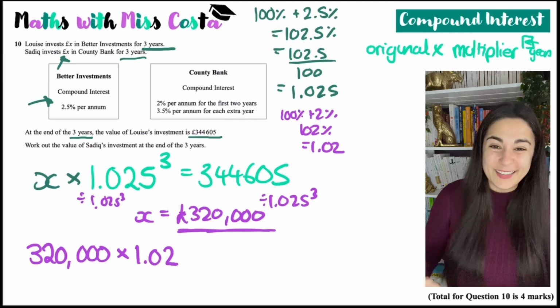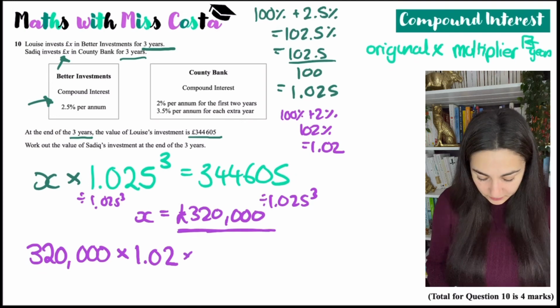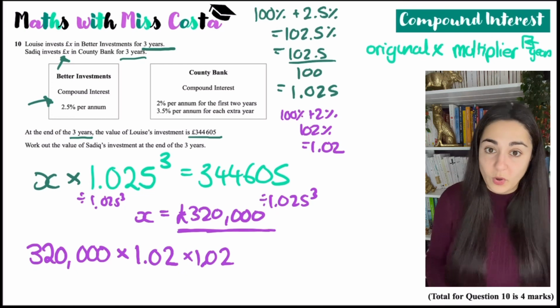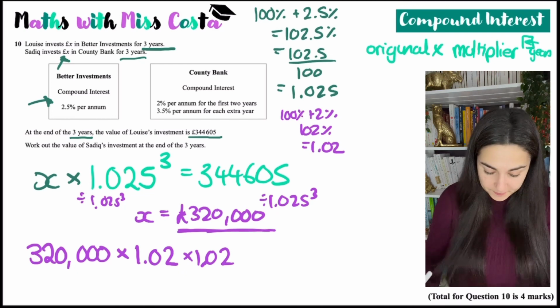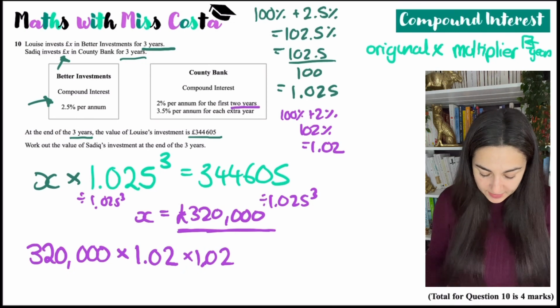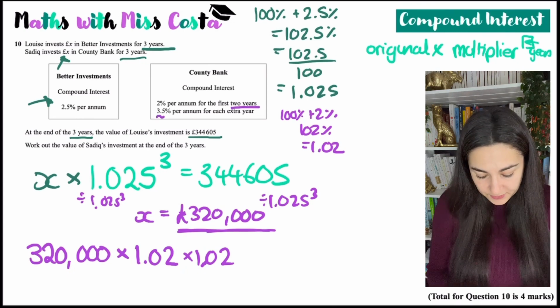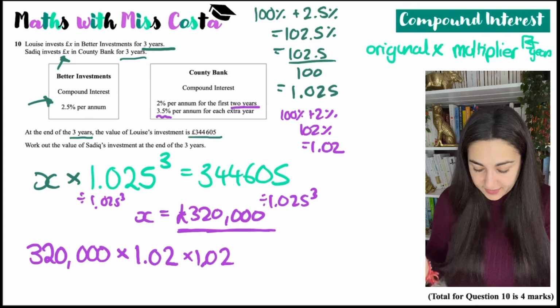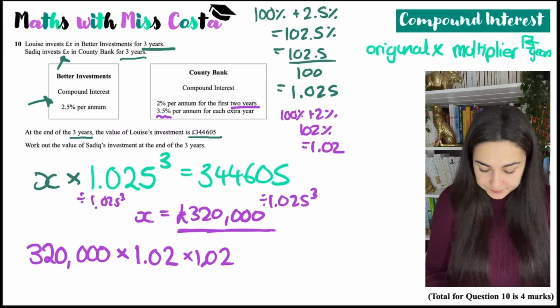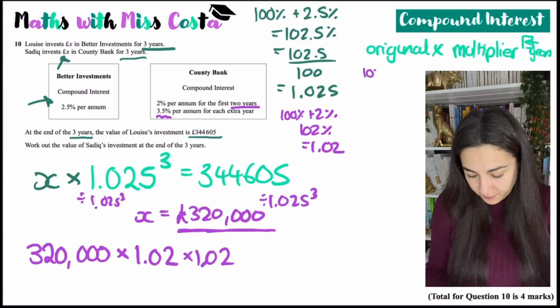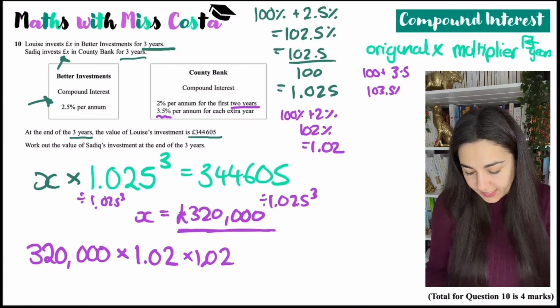So I can either do to the power of 2, but I'm just going to do it twice just to show you how you can do it another way. So I could have said to the power of 2, or I just write it out twice. It doesn't matter. But because that's for 2 years, I do that twice. And then the percentage multiplier for 3.5%, do the same thing. You've got 100 plus 3.5, so that would be 103.5%, so that would be